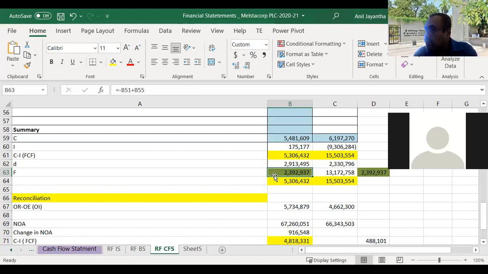Actually this can be linked to another analysis that we are going to discuss later on, that is called soft analysis and the hard analysis. And then the soft components can be adjusted, that is the changes in net assets. That also could be a reason. We need to find it out. But for the time being, as far as reformatting is concerned,